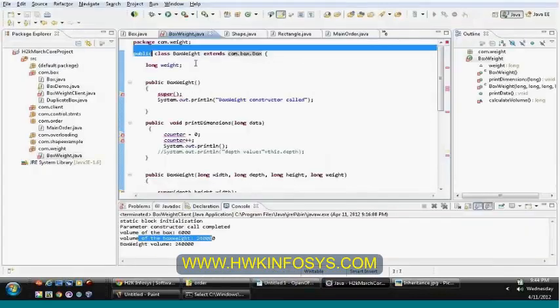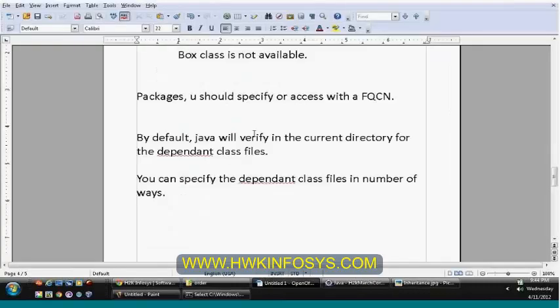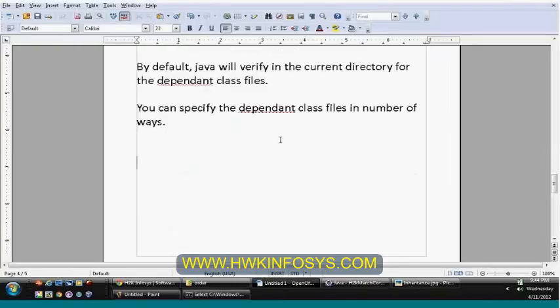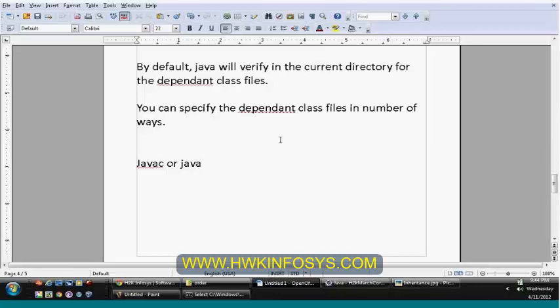See, when you execute box weight, you need the box class to be available also. Then only your compiler or runtime can make use of that class and execute the code. If javac or java doesn't locate the box class, then it is going to throw a compilation error or execution error.